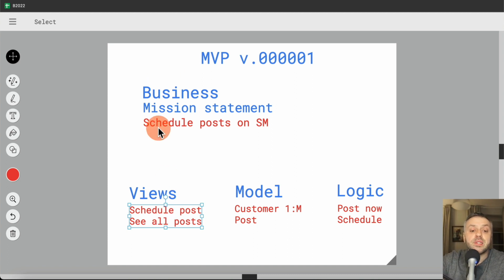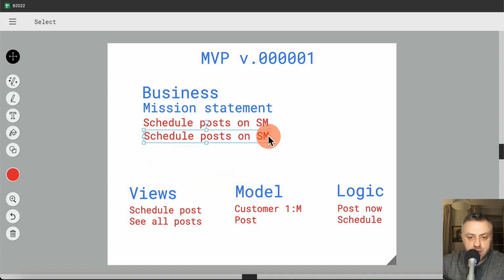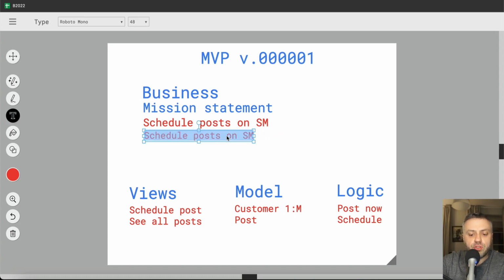The key here is that I want to post, what is the winning? Why would people pay for this product? They will pay because you're saving time. You're saving them time in two ways. The first way is that you're allowing them to post to multiple sources. That saves time already, okay? So let me talk a little bit about that. I'm going to make this a little bit smaller, okay? Post to multiple